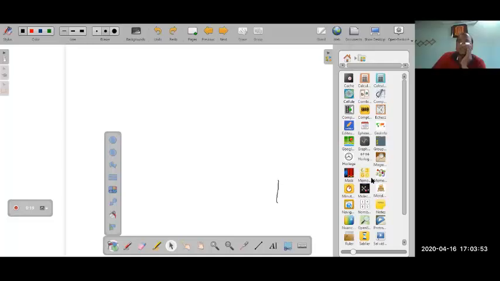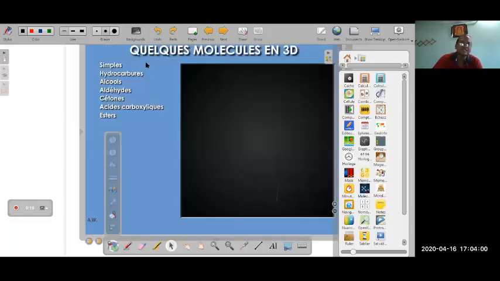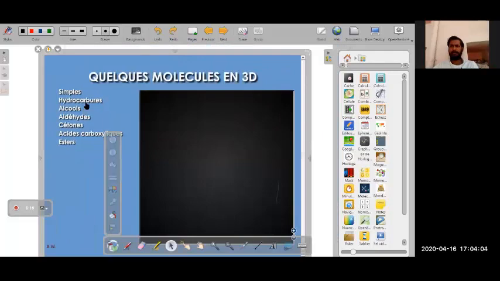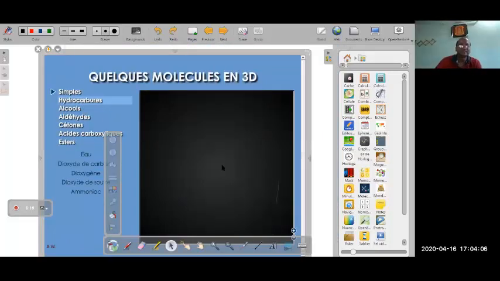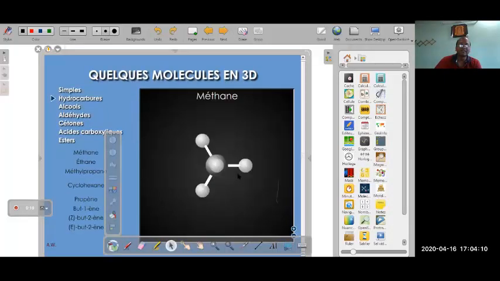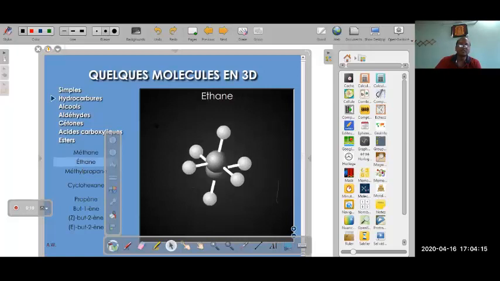For chemistry purposes, you can see one option here, sir. Look at this option: simple molecules, hydrocarbons, methane. You can drag it, you can show it, and ethane, you can show it.